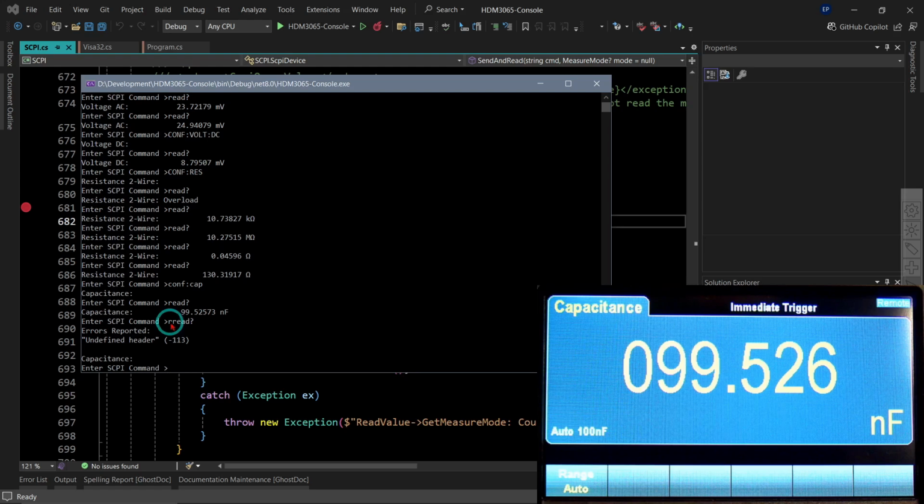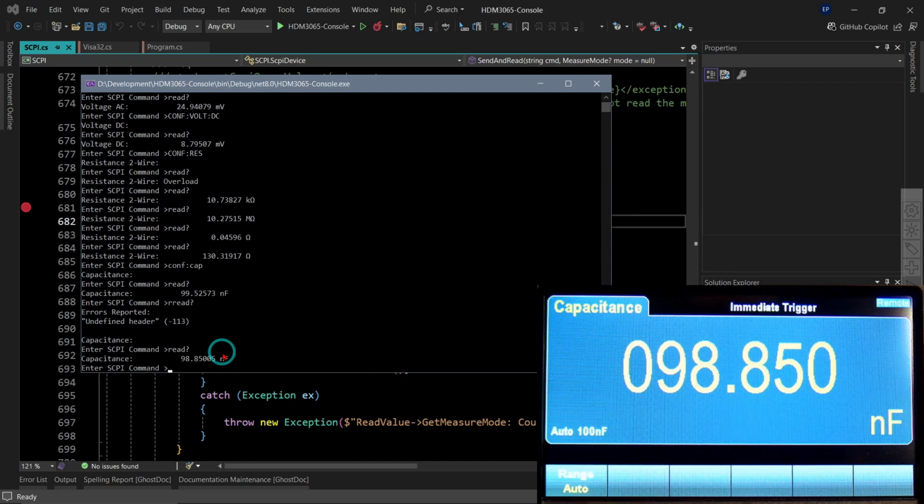I actually typed a wrong command, and now you can see how the errors are reported. Undefined header, it says. It just means that it doesn't know what the command is. 98850. That's exactly what we've got that it reads. Okay, so anyway,